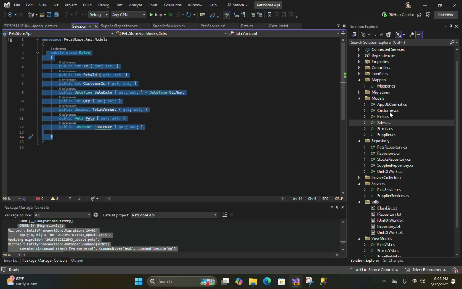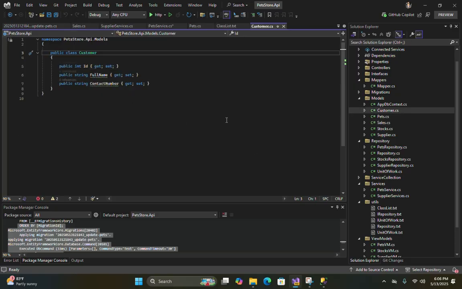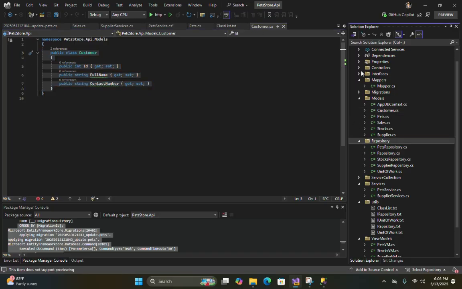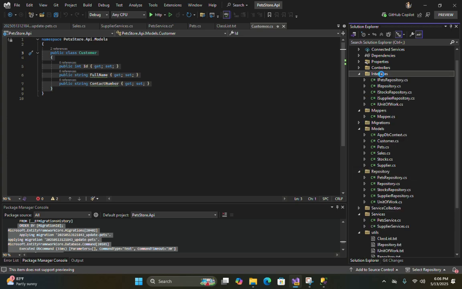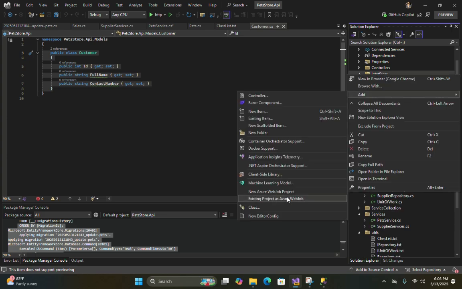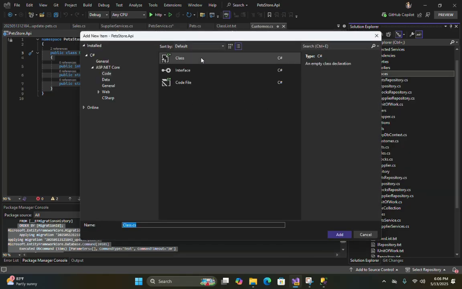So let's make the customer repository so that we can set up our customer, so that we can sell our pets to the customer. Let's make a customer repository interface, because we need to talk to the customer table that we just created. So let's make an interface.